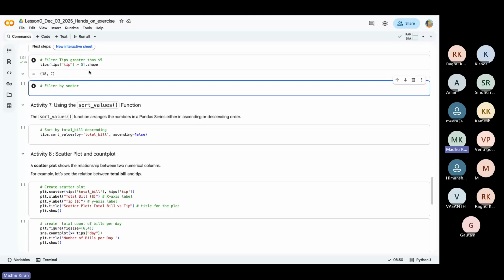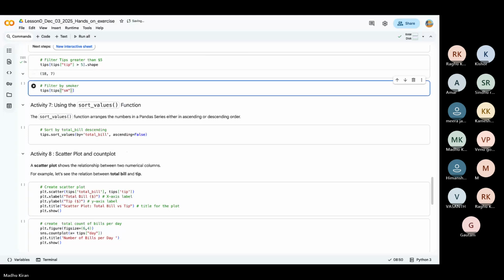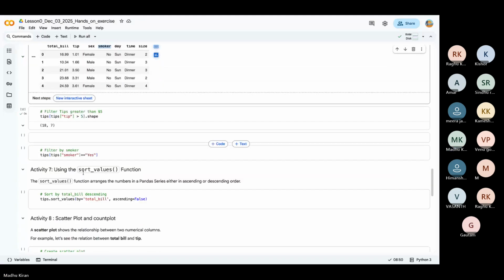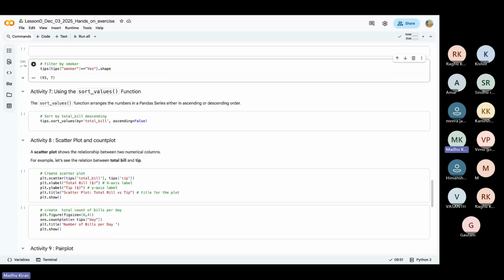And then you want to filter how many smokers there are. We had the smoker column with yes and no. So inside this tips data, on the smoker column, I want to do a quick analysis. I just want to get people who are yes. This has to be spelled correctly, smoker, with a capital S. So now I got 93 rows where the smoker was yes. You can get the count using shape. This is how you can do quick analysis even on large data sets.